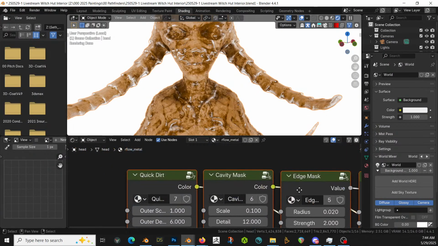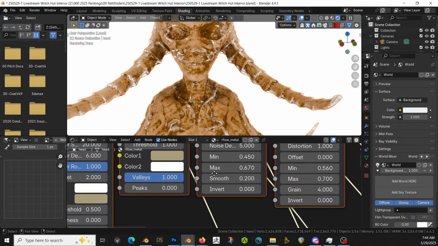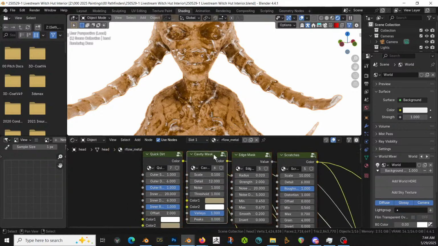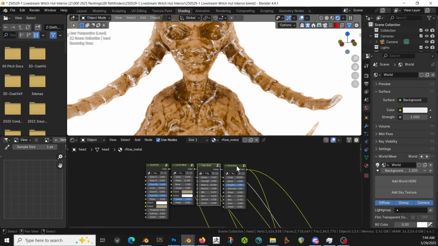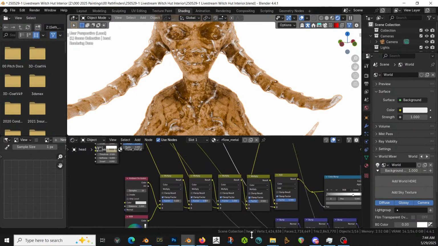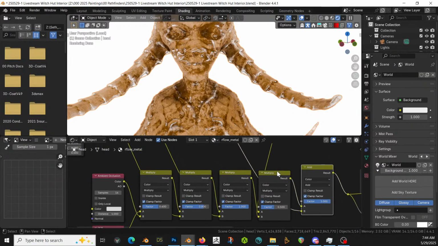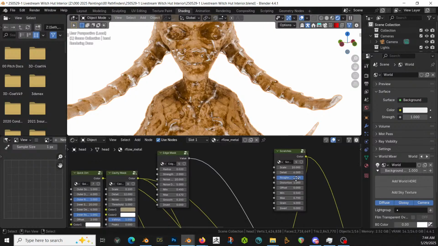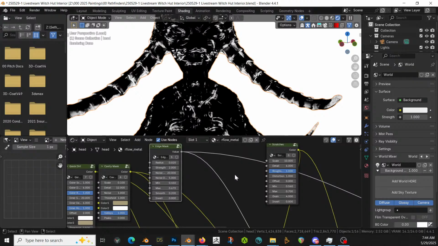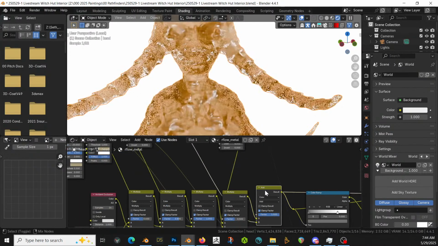Our edge mask. Where are we going? Cavity? Is it cavity? Let's see. No. Edge mask. Yes, edge mask is using that. And is it masking on? Is it this one? Yes. Add. It doesn't have a color. It's just a number, right? Yeah. Okay, so instead of that then,